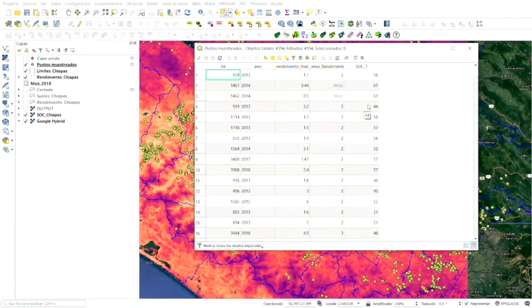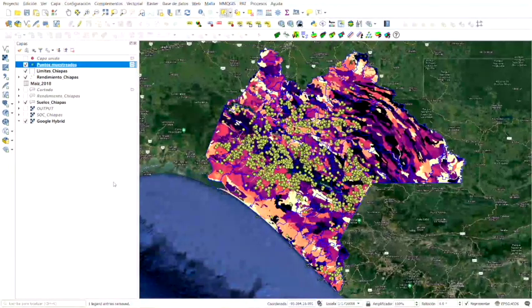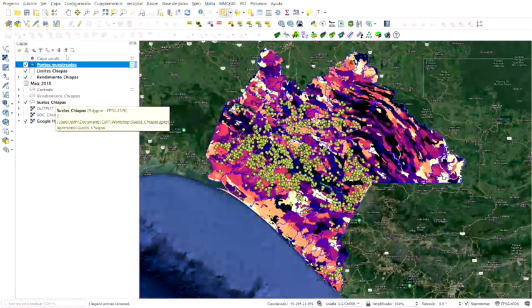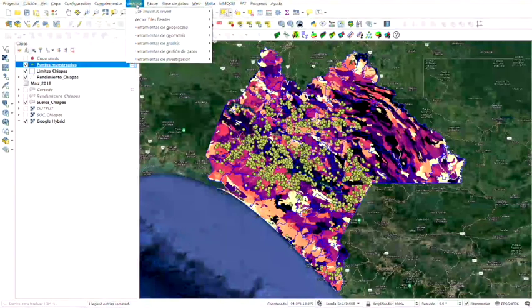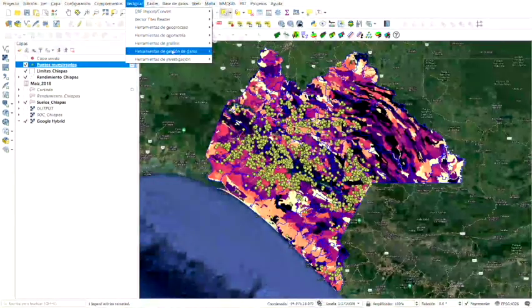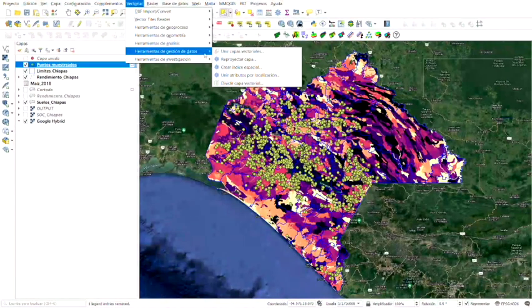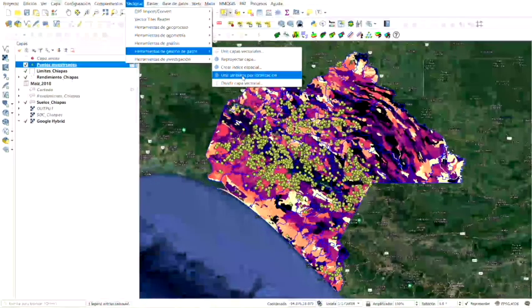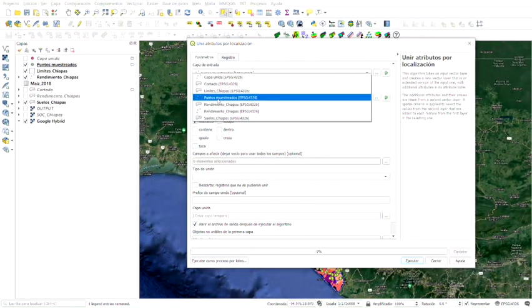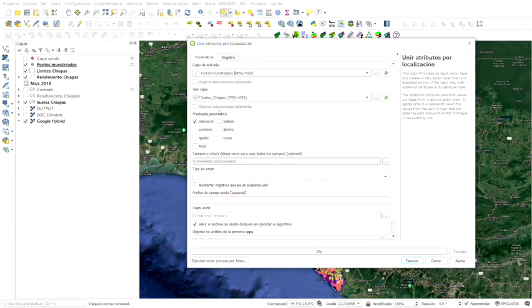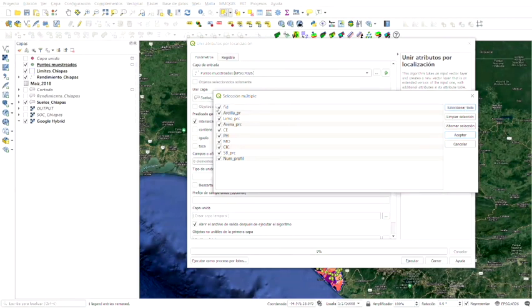So we are adding columns for the location. And to conclude this part, we are also going to add the layer for soil information in Chiapas. So these sample points already have the data of the soil that comes from the raster. So once again, let's go to the vector tab, Data Management, and Join Attributes by Location. The sampled points will be the input layer, the soil information the join layer, intersection, and now we're going to